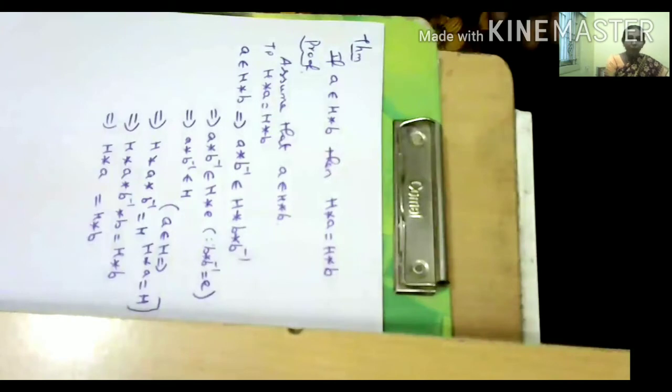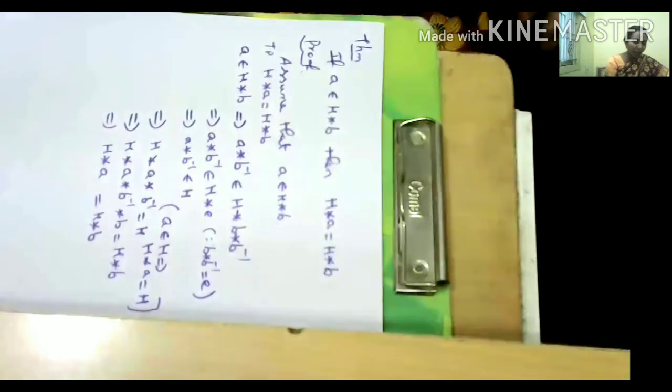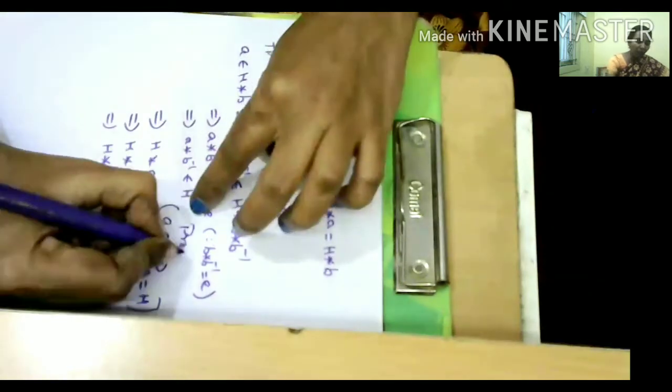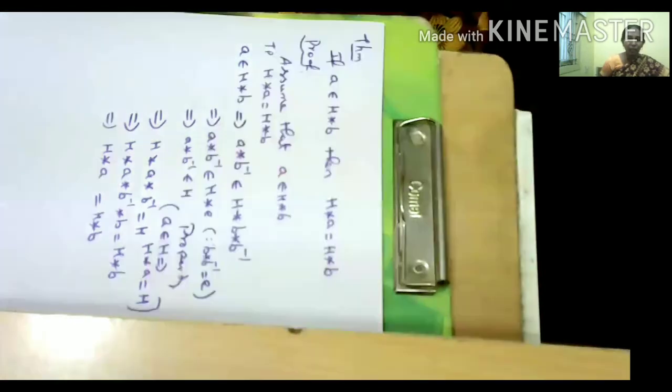So if a belongs to H star b, then H star a equals H star b. Again, assume that a belongs to H star b, and prove that H star a equals H star b. Taking a belongs to H star b, multiply both sides by b inverse. After multiplication, we get a star b inverse belongs to capital H. Then we know the property says a belongs to H implies H star a equals H. By using this property, we prove that H star a equals H star b.